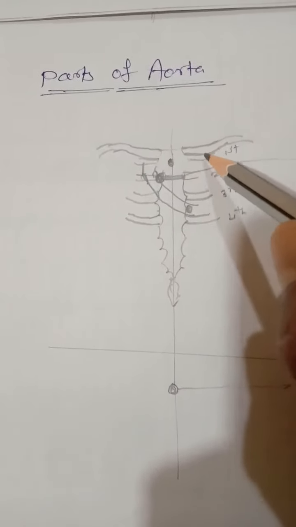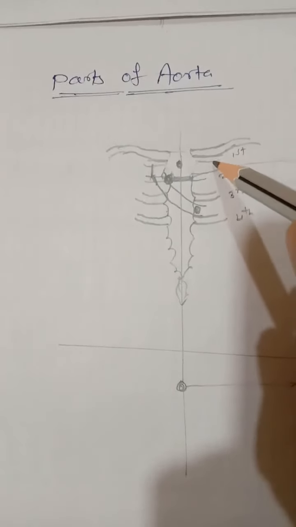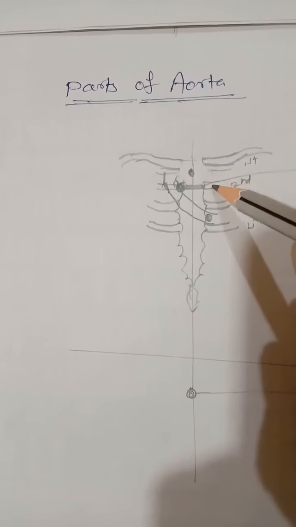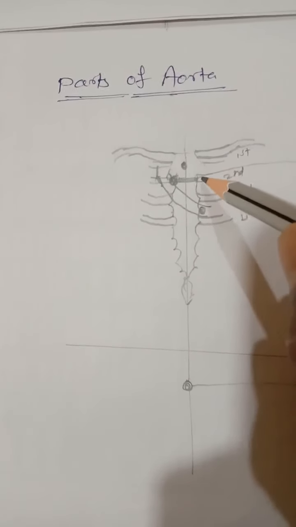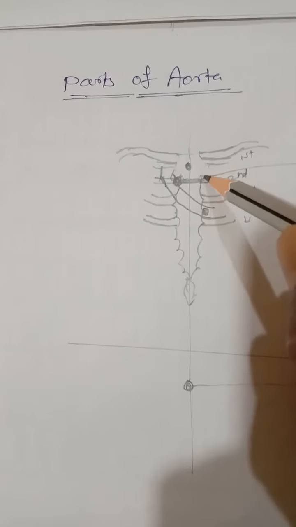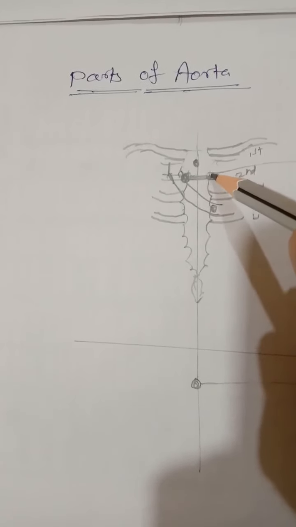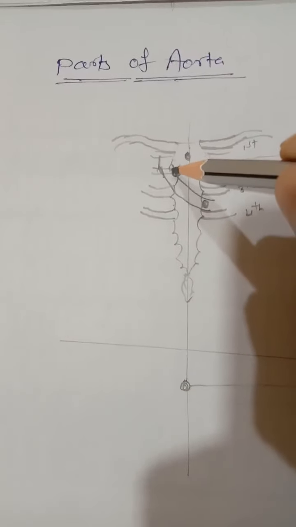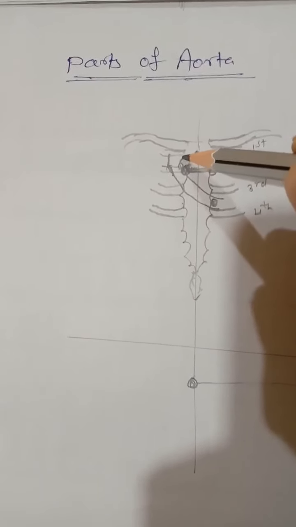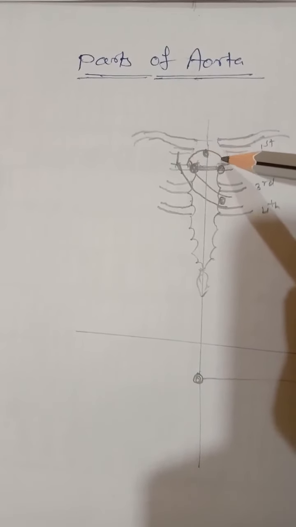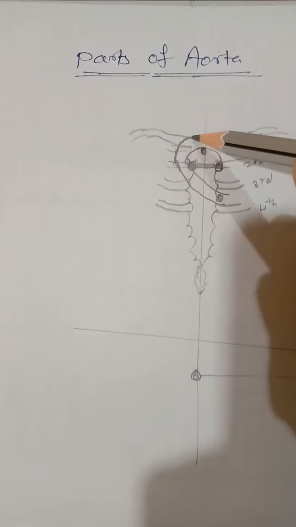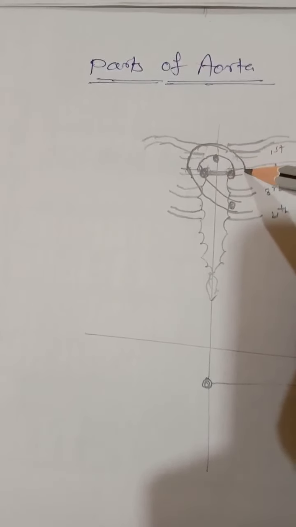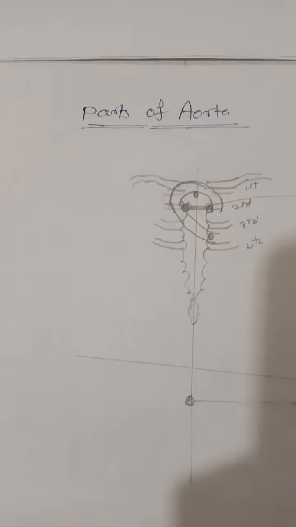Okay. So here you can see the first costal cartilage, to which the first rib is attached, and that is the second costal cartilage, which is attached, and that is the sternal end. So the left sternal end is the third point. So draw the same two parallel lines 2.5 centimeter apart from each other. So in this way, that is the arch of the aorta.